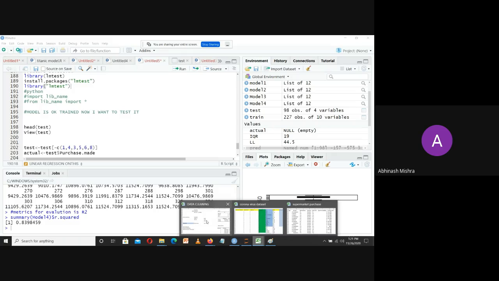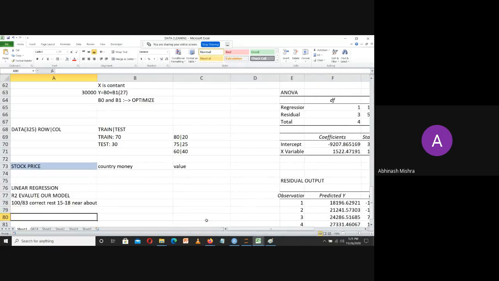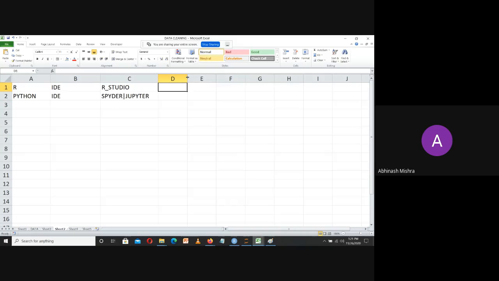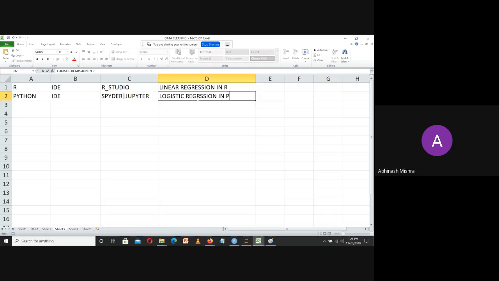One case study we have seen in R programming is linear regression. Now when we move towards logistic regression, we will see the work in Python. We have seen the linear regression case study in R, and this we will be seeing in Python. So we will go ahead with logistic regression in Python. Or if you want that also in R, just let me know. I will do that also in R, no issue at all. But I want to show you more of how we can compare R and Python. The major thing is the modules, and the code is also easier in Python as compared to